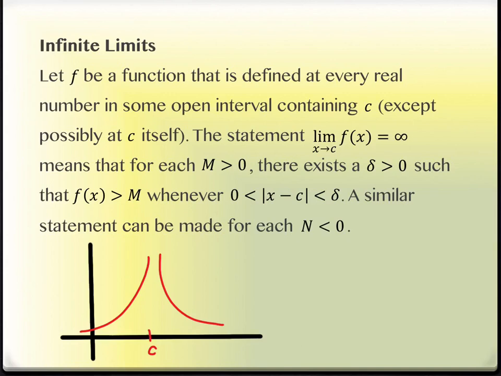Okay? So what this is describing is that if you have a value M greater than 0, so it's up here somewhere, and it says at the end we can also do N less than 0, so we could do the same picture just flipped upside down if we wanted to, and N would be beneath the x-axis, okay? So the M is greater than 0. Then if we were able to take a value close enough here, then we would end up having the space up here where we would be above M.